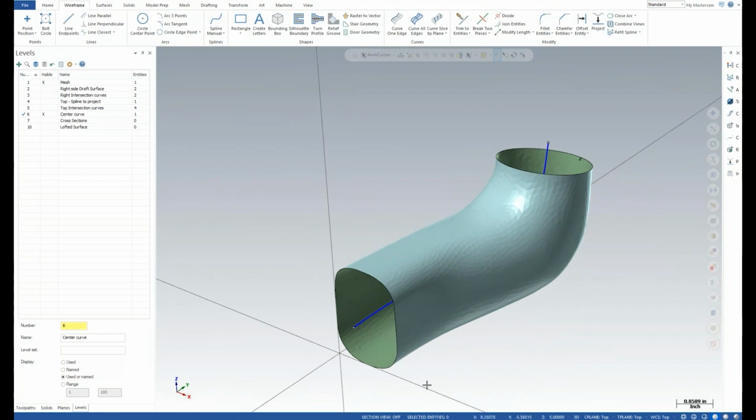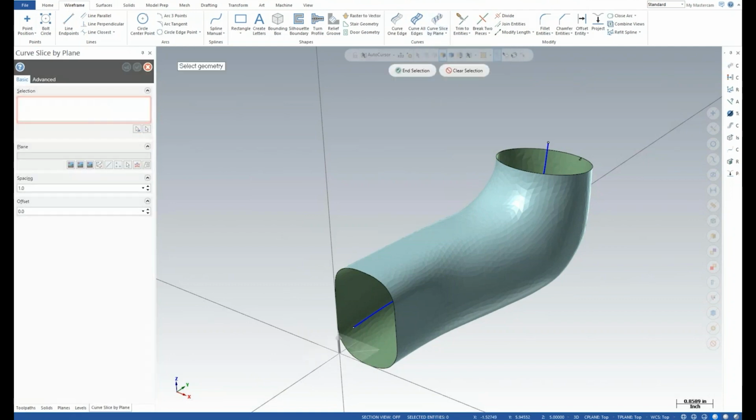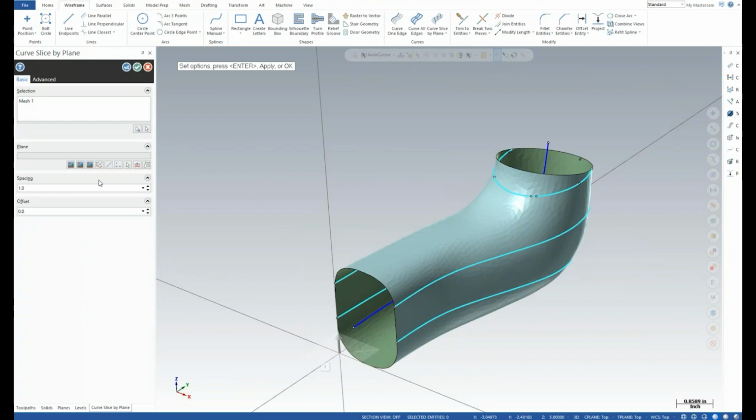And what I want to do is create cross sections through this mesh that I'm going to use for a loft. Now, in prior releases of Mastercam, the only way to do that would have been curve slice. So if you looked at curve slice from previous releases, it didn't support meshes, it does now. So we can go ahead and pick that. Now, one of the things we've done is we've taken that pop-up dialog to establish your plane and actually put it into the slice panel. So I'll just go ahead here. We're going to use the x-axis.